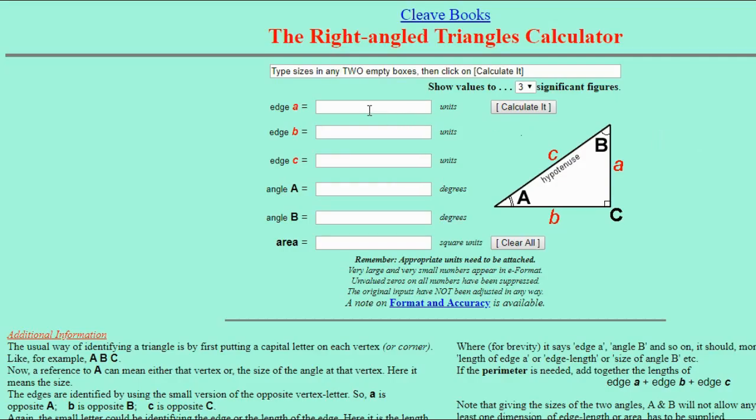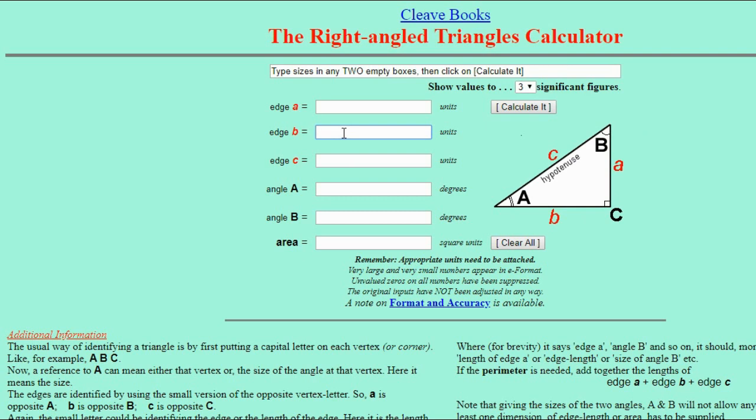So here we are on a right-angled triangle calculator. We want to calculate the hypotenuse. We know B and we know the hypotenuse. What we want to do is calculate A. So B is our radius. Remember, the sun caressed the world, and then it carried on to the cloud up here. So B is our radius. So we plug that in.